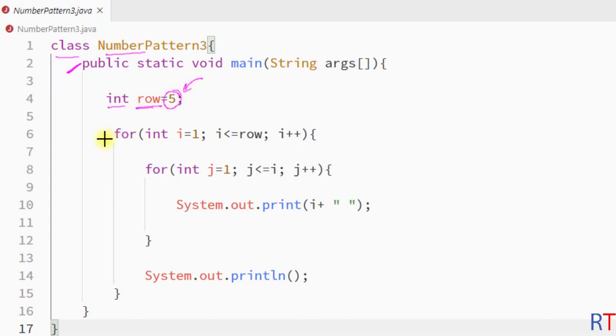And then we have two nested for loops. The outer for loop will run from 1 to less than or equal to the row number, and the inner for loop will run from 1 to less than or equal to the value of i. And in every iteration of the inner for loop, this will print the value of the variable i onto the console. And then we have the println method for the line break,